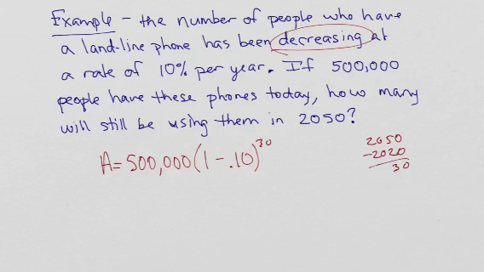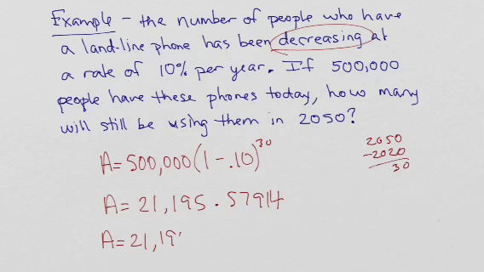So again, we got 500,000 people that have these phones. So I'm going to type 500,000 and then times. And what I ended up with is my final answer, 21,195.57914. And once again, what's 0.57914 of a house with a phone? It doesn't make any sense. We don't need that. So our final answer, again, we'd round that to 21,196 people